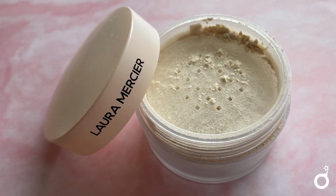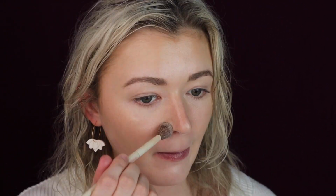Okay, so now that I have my nose the way that I want, I'm gonna take this Laura Mercier. It's the Ultra Blur Loose Setting Powder in the shade Translucent. Merit does not have a setting powder, so I don't want to use too much of this. And I'm gonna just hit right here under the chin